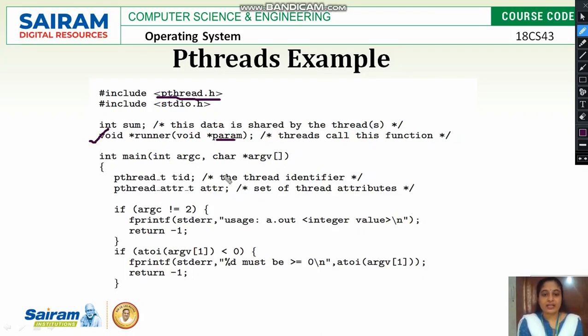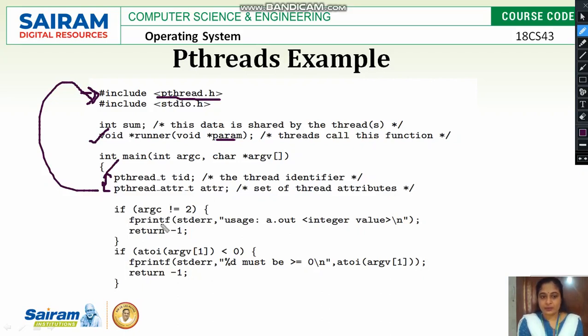Pthread_t is a data type from the pthread library, and so is the attribute type. The thread identifier tid is defined, and the thread attributes are set with the variable attr.